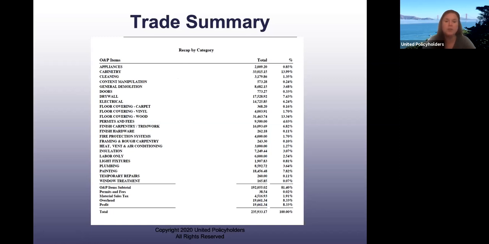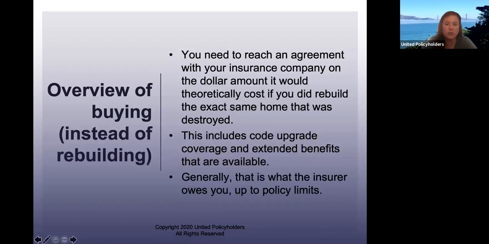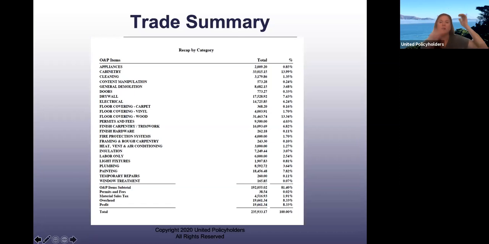I thought I had a contractor's sample in here, but I don't. What I like to tell people to do is get this recap by category, see your pricing, take a piece of paper, cover over all these figures, photocopy it, and ask your contractor to break their bid down